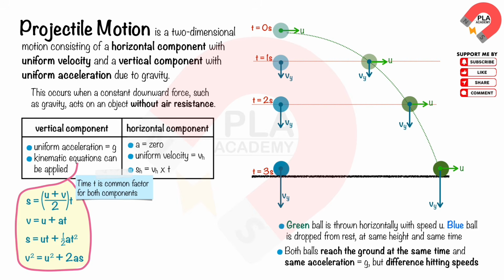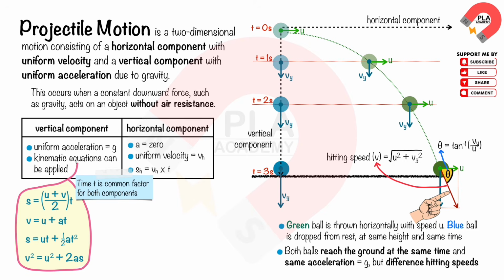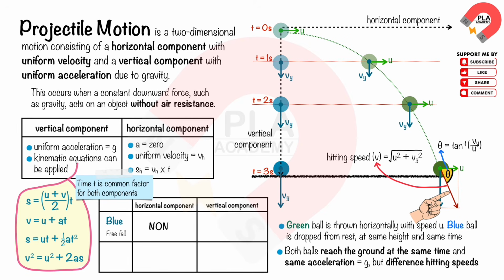But they will hit the ground at different speeds. This is because the blue ball's hitting speed is just v_y, downward, like this. And the green ball's hitting speed is the combination of v_y and u using the Pythagorean theorem, like this. And its direction is at an angle theta to the horizontal, like this. So, the blue ball's motion is free fall, no horizontal component and a constant acceleration, g, in the vertical component. The kinematic equations can be used for this. The green ball's motion is projectile motion, no acceleration and constant velocity in the horizontal component and constant acceleration, g,